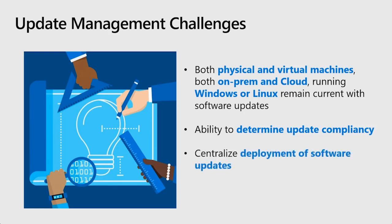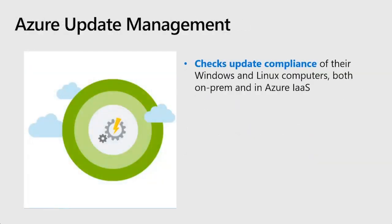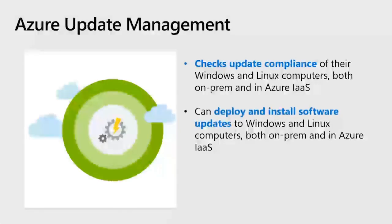And then they also want to have a centralized dashboard, if you will, where they can actually start the update process and deploy these software updates to the specific machines. And that is exactly where Azure Update Management comes in. So Azure Update Management does a couple of different things. If it's configured, it actually goes out and checks the update compliance states of Windows Server and Linux machines running on-premise, at other cloud providers, or in Azure. It then can go out and even deploy and install software updates, again, running on Windows or on Linux,